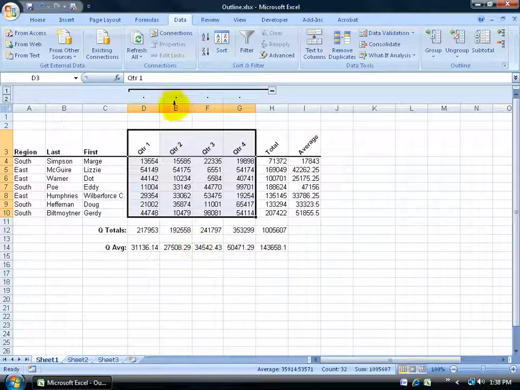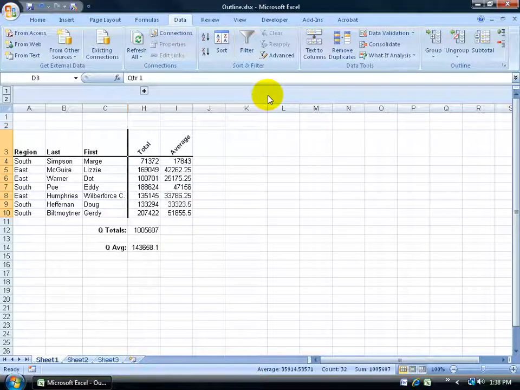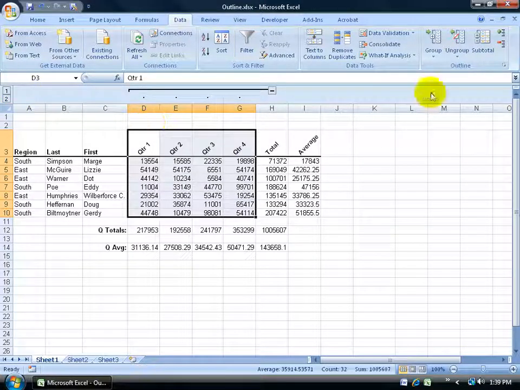Click OK. I get one grouping here instead of a bunch of groups that are all dependent upon all the formulas. I can actually pick and choose and customize it by, again, grouping it myself. So when I click on the collapsible button here, it gets rid of all the quarters, at least those columns there. And then I can expand it again. Of course, I only have two levels, 1 collapse and 2 all. And then if I want to get rid of it, click on the Ungroup drop down arrow to clear the